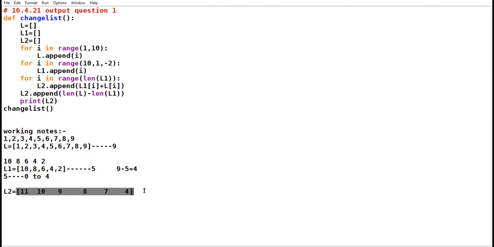To those whom the question is totally clear, raise your thumb fast. I can see limited thumbs are raised. Manreet, Aditya, Damanpreet, your thumbs are not raised. Lagan Chopra, your thumb is not raised.